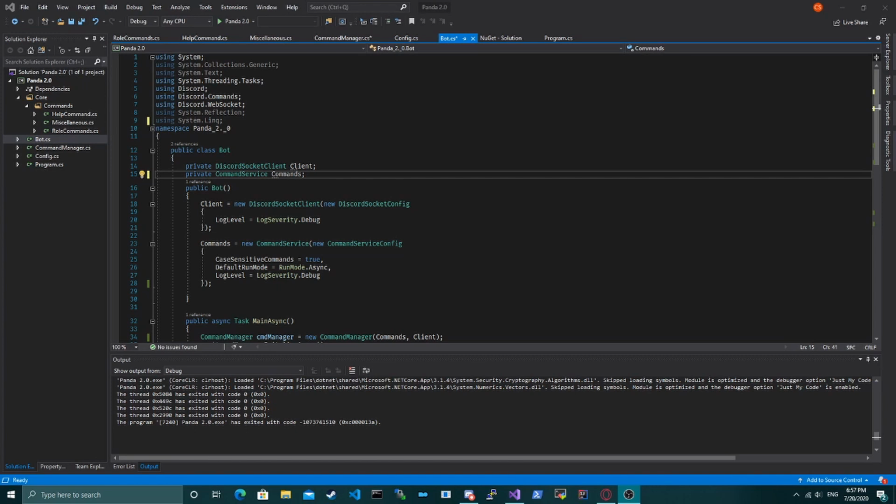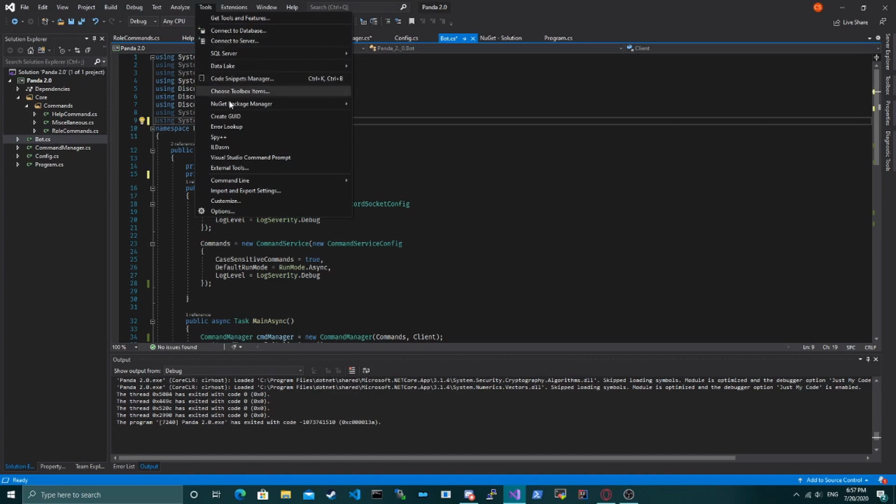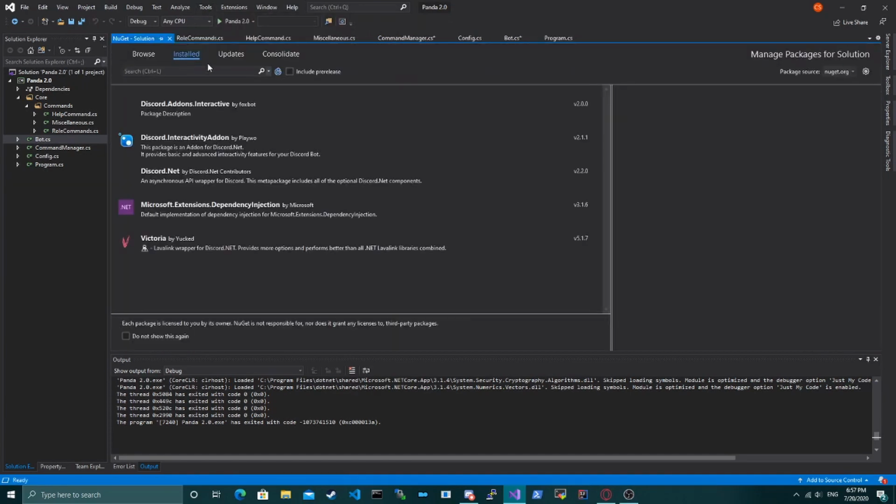This also will help us later on for the music part, which I figured out how to make it work. But I tried doing some tests with it with what we have right now, and it does not work. So we have to do some changes to the files to implement the music stuff to the bot. So the first thing we need to do is, I already have it installed, but what we need is called